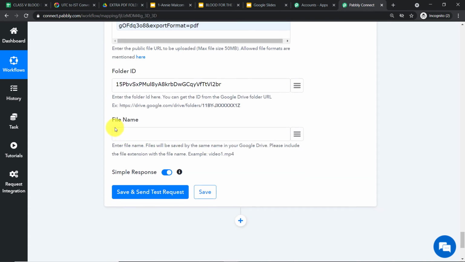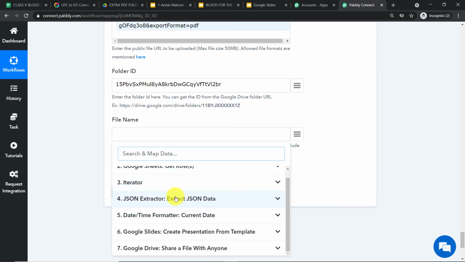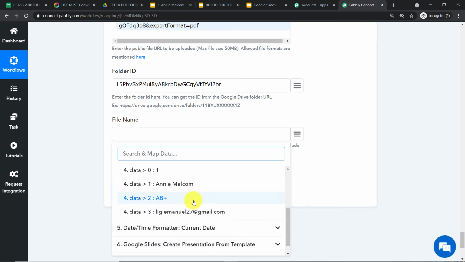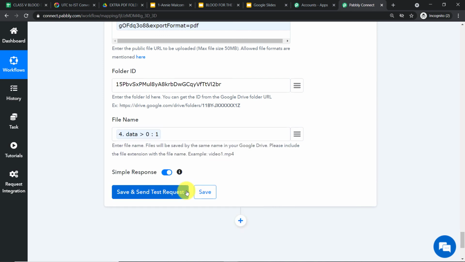Now coming to the part called the file name. When a new PDF is created, it must have an individual file name. So I'm going to map some random details like the last time, as we have done this before: 1 dash Annie Milcom dash class, that is the class, and there is one more thing you should know, there must be an extension.